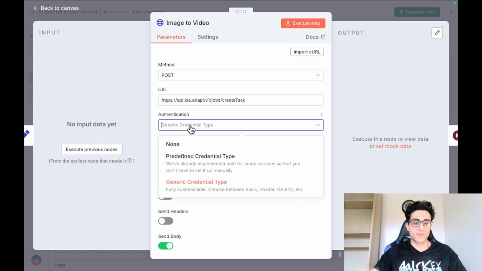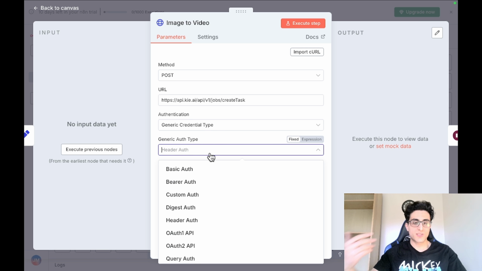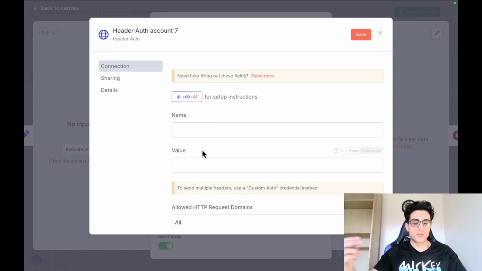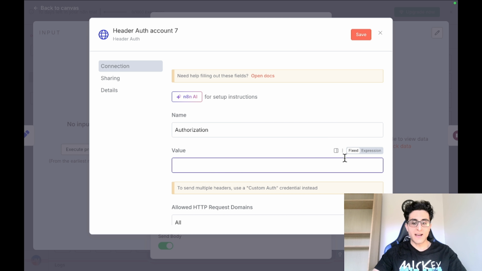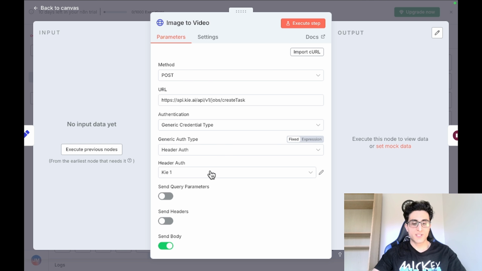So usually the authentication is none, but we want to choose generic credential. And after we have done that, we want to use header authentication, because there are a lot of authentications we can use, but I'm going to use header authentication. And then we need to create our credential, and in order to do that we just provide the name of the credential, which should always be authorization. And then we're going to provide the value, and the value should be basically bearer plus whatever your API key is. So just paste your API key here. Of course I'm not going to do that because I've already inputted my API key,